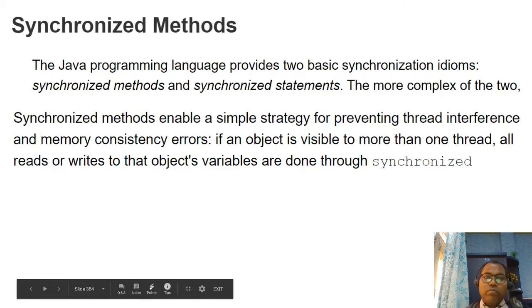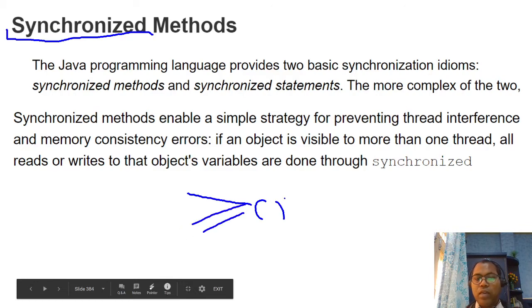So how to take care? Generally, Java offers the simplest way. You just ensure that those methods, in our case the increment method or decrement method, which are simultaneously invoked by multiple threads, allow only one thread at a time to get a chance. In any way, you have to ensure that. Then you can solve the problem.